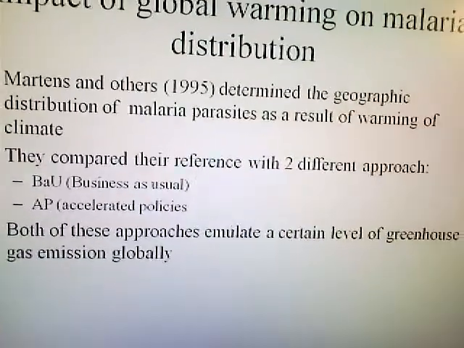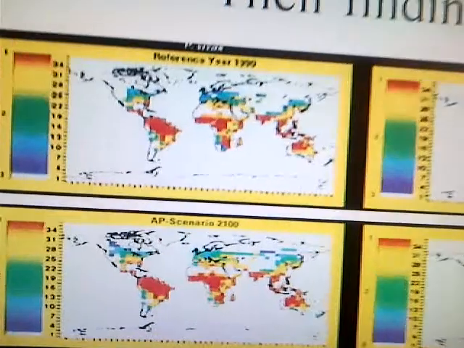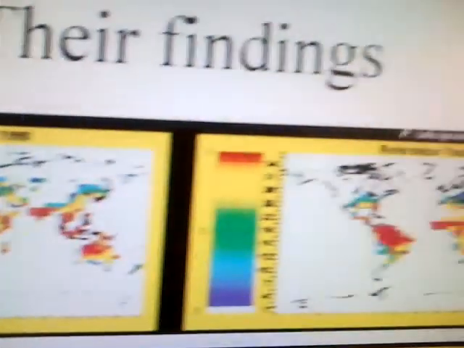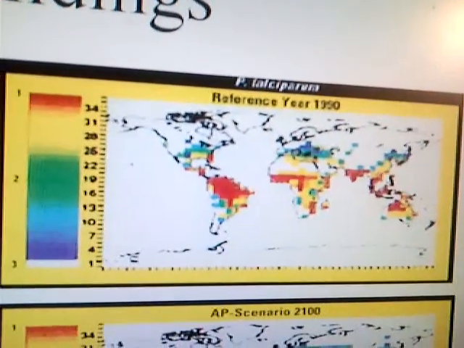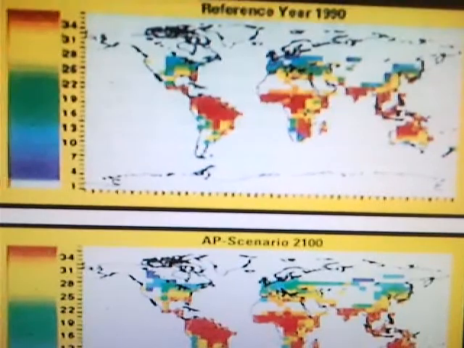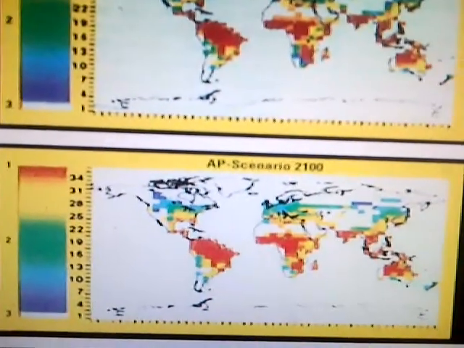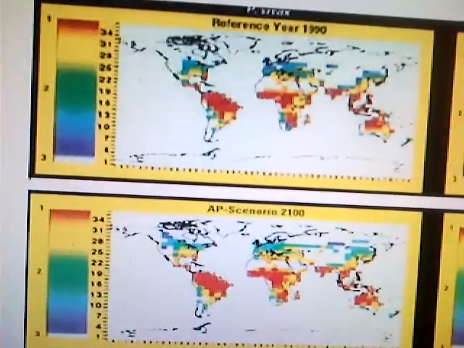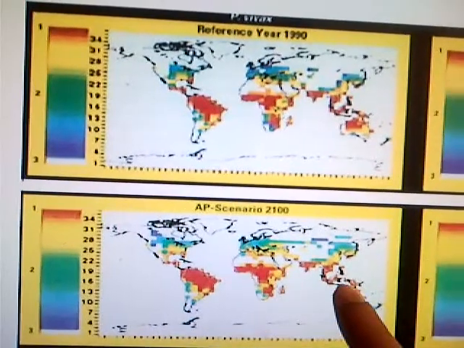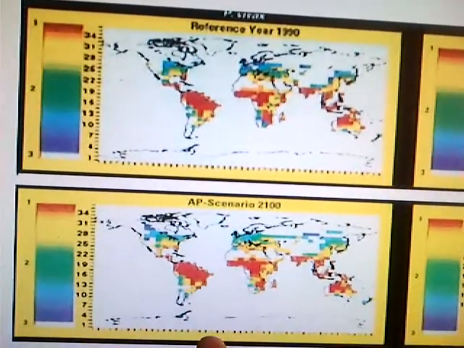So, and this is what we find. This is the emergence of the Plasmodium vivax and Plasmodium falciparum on the reference year. So if we notice in the year 2100, under the AP scenario, we'll see it more widespread. It's right there, more widespread along there, more widespread in North America. The intensity of red has increased. I don't know if you guys can see that real good, but